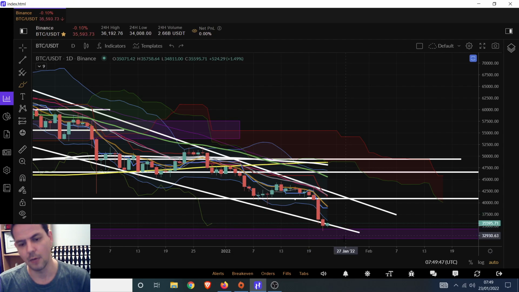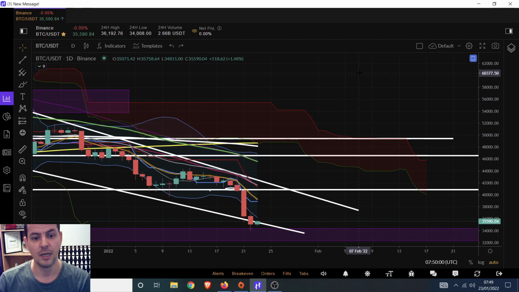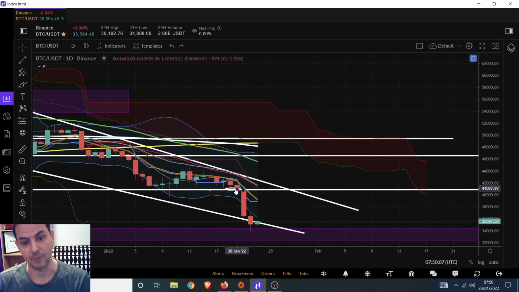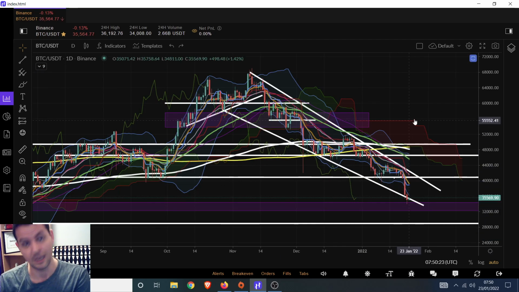Not massive lows, but lower lows, because in order for this to really form some kind of divergence, we do have to have higher lows on this RSI and lower lows on price action. So even with our most bullish interpretation of this, other than a bullish engulfing candle on the monthly chart, which would suggest a V-shaped recovery, which is a possibility, but something that can only really be accounted through price action rather than RSI divergence or MACD divergence, you're not going to get any of that until we see some lower lows form. And I just mean they don't have to be ridiculous crash lower lows, but they would have to be lower lows.